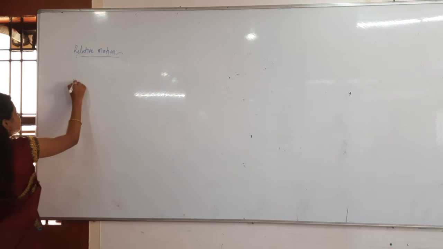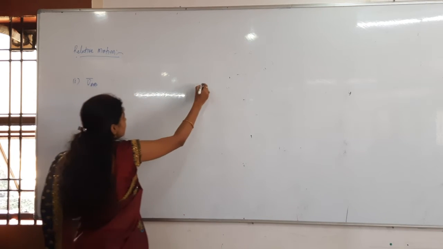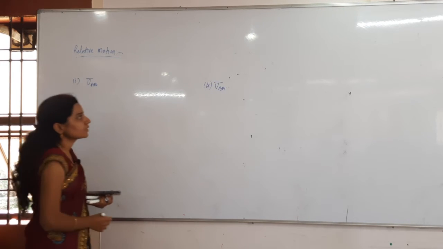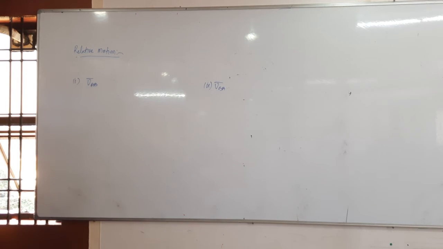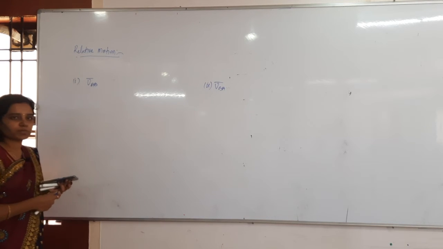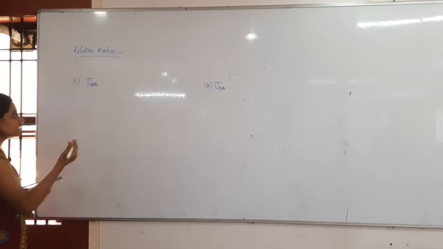And the velocity of B with respect to A, along the directions. You have to tell me the answer in terms of I cap. 1 I cap, minus 1 I cap. Both are moving in the same direction or opposite direction? Opposite. Then how can you say that is 1?